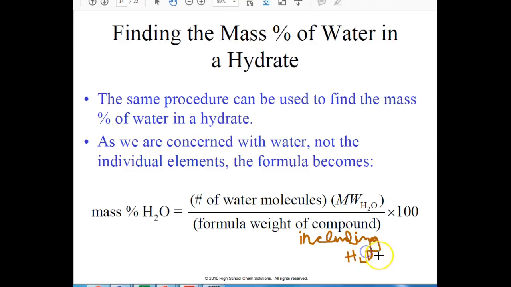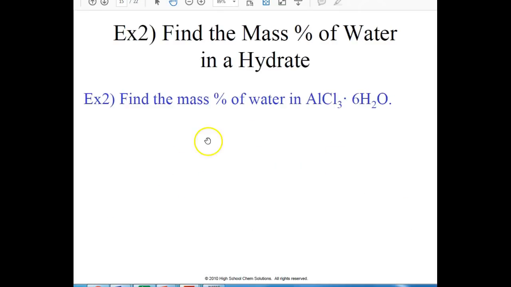Or waters, if there's more than one in there. Okay, and then you divide and multiply by 100. So same scheme that we've been using. Right, so let's look at an example. Calculate the mass percent of water in aluminum chloride